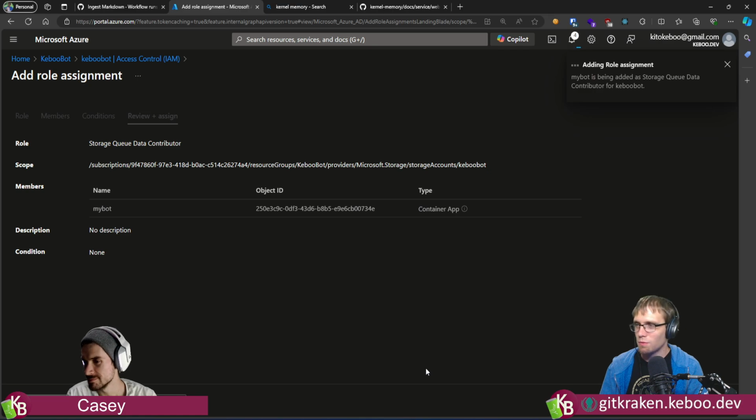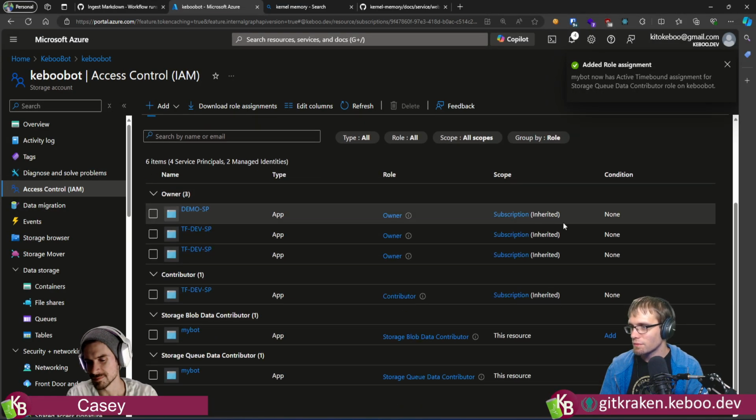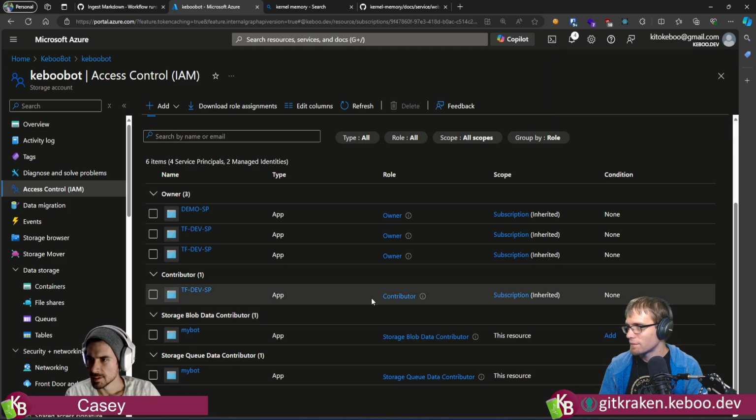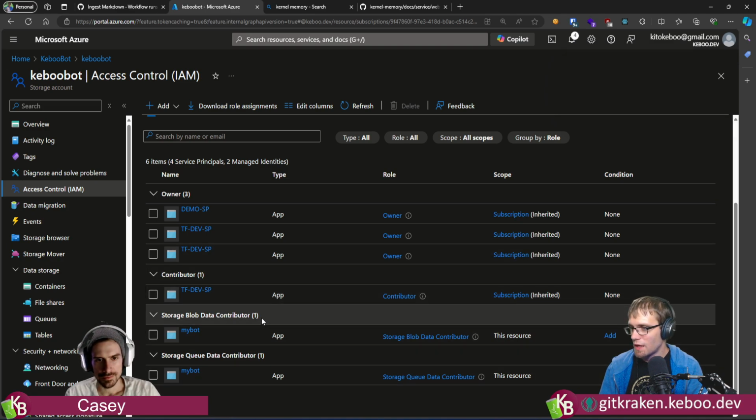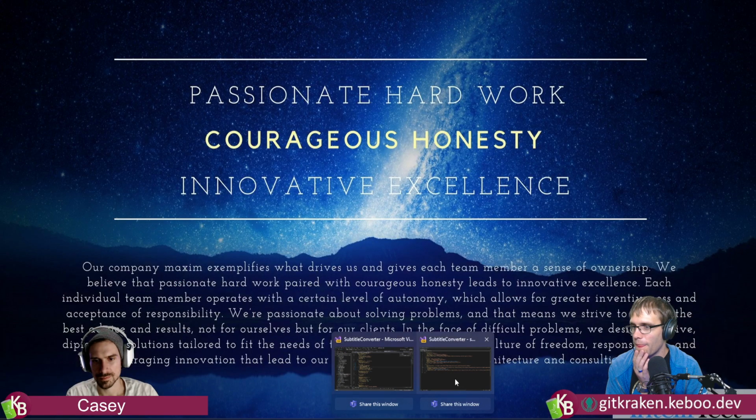This is one of those areas where docs would be real handy to know what it needs. Okay, so that lives there. In theory, this can now reach across and grab it.